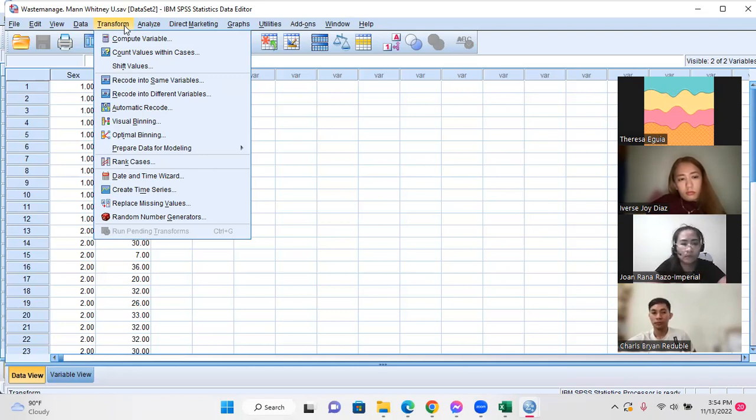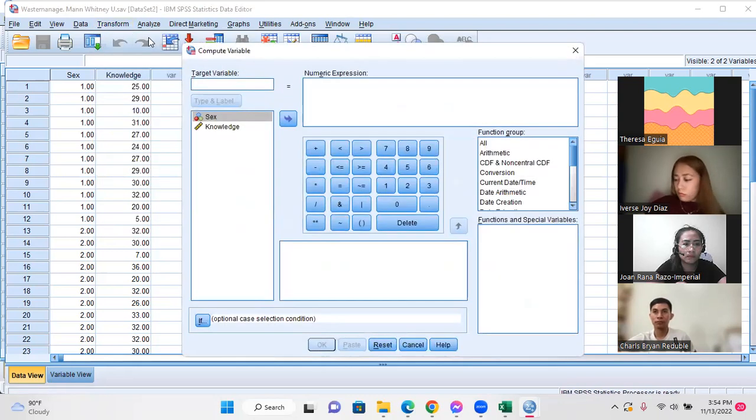Inverse distribution. Ito pala ang inverse distribution. So, click transform and then compute variable. Yan, compute variable. And then, gawa tayo ng